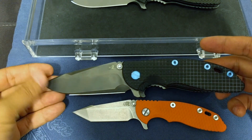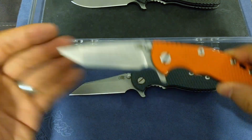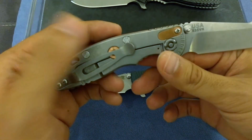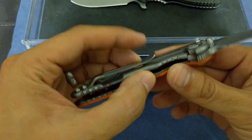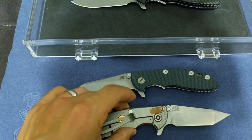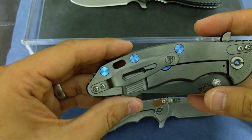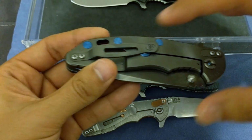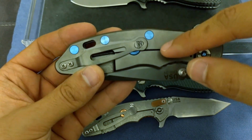One thing you can easily tell by looking at a Hinderer is the screws. If you look at the screws, you can almost tell if it's a 3-inch just looking at it. Also, where the pocket clip rests on the lock bar stabilizer. If this bend comes down past the lock bar stabilizer, that's a 3-inch. If it goes almost right over it, that's your 3.5 inch. And if this bend goes like here, and you can see the lock bar stabilizer completely, that's going to